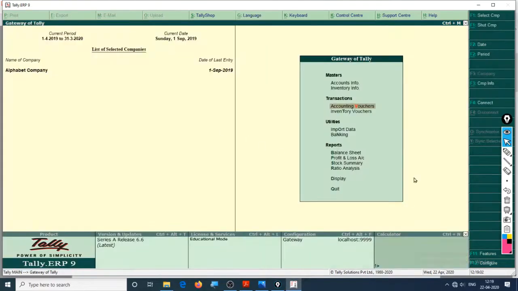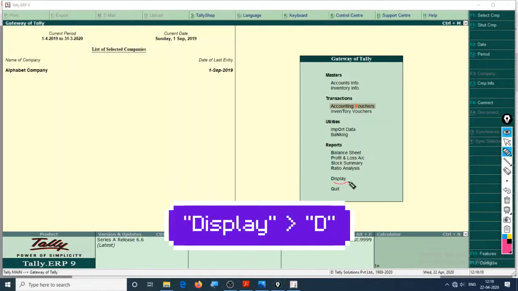So let us go to the ledger of Mr. Y, that is the account of Mr. Y. How will we go into that ledger?